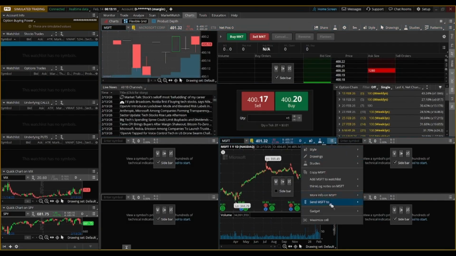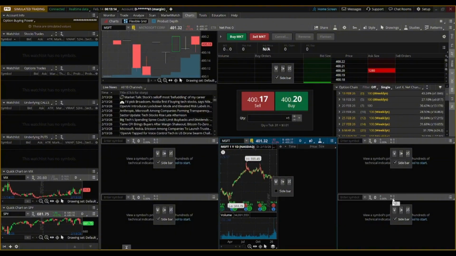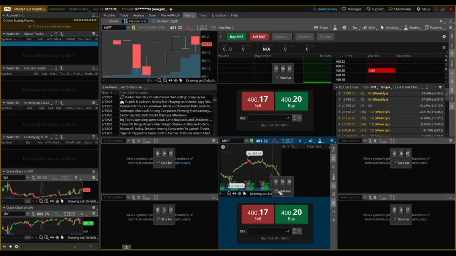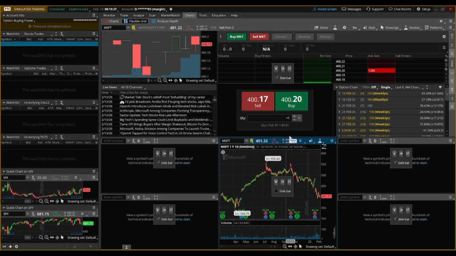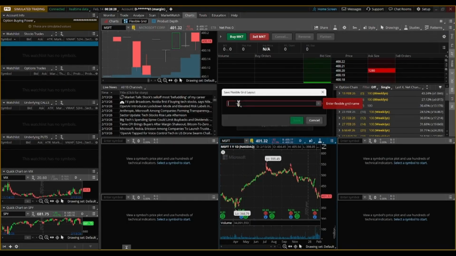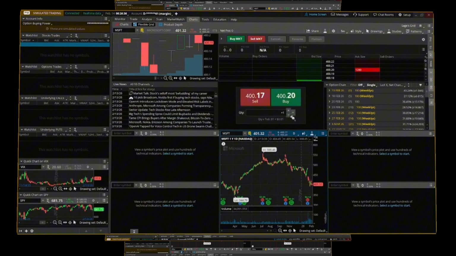Using the hamburger menu on the cell does not switch the gadget, it adds it to the cell. If you want to switch a gadget, you have to make the changes from the sidebar. When you are finished setting up your cells, uncheck the Customize Grid box in the Grid icon menu to remove the option panels from the cells. Then select Save Flexible Grid As from the Grid icon menu. Name the grid, and now the layout is saved and ready to load anytime.